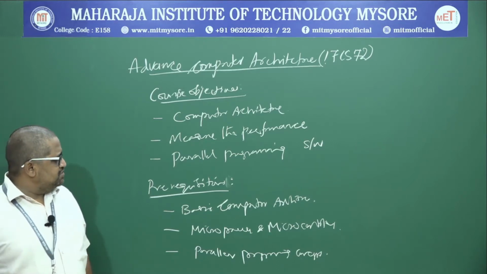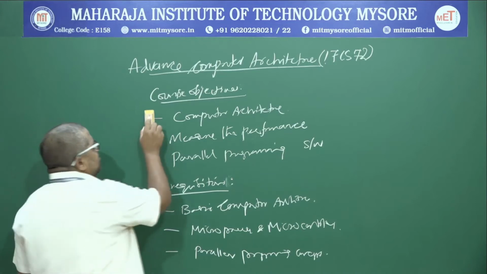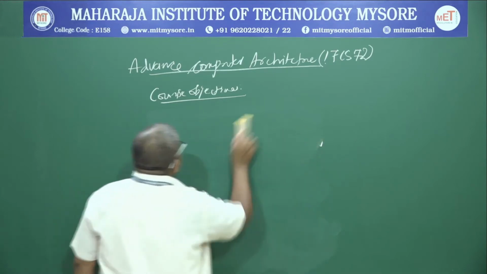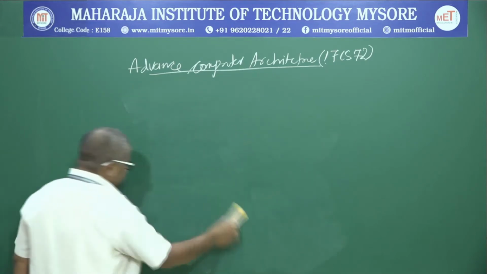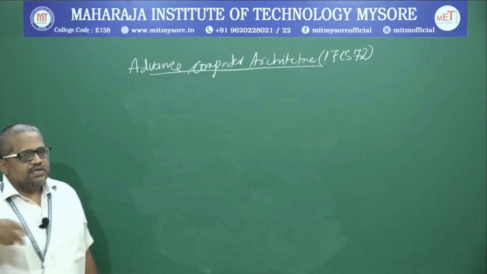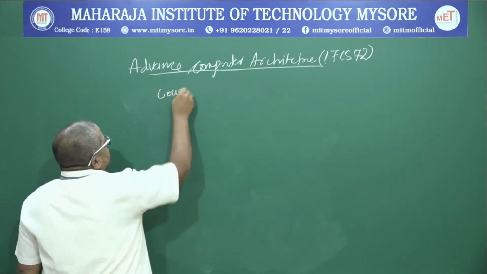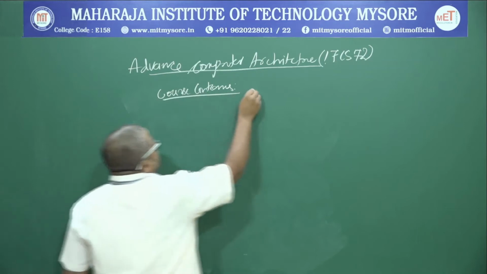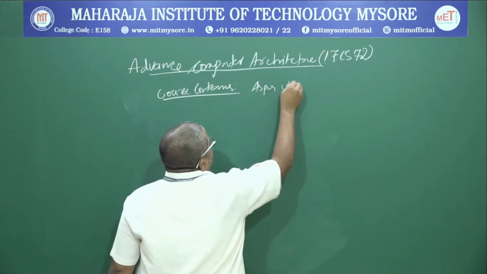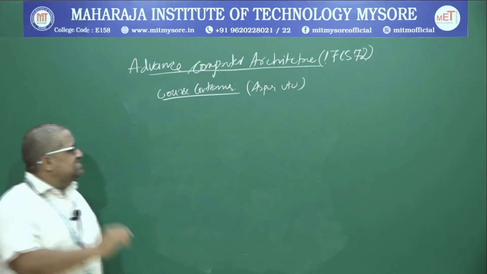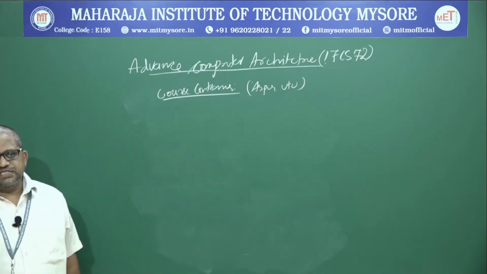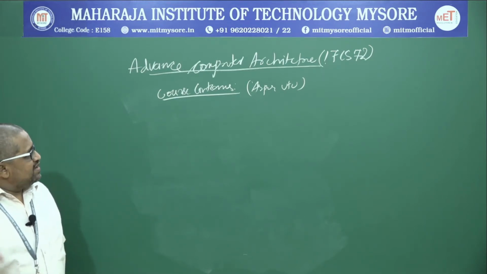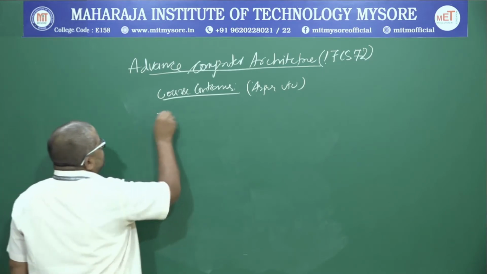So once you are clear with the objectives and the prerequisites, let us go to the outcome of the subject. What is meant by outcome? Outcome is nothing but the thing that a student is guaranteed to learn at the end of a course, right? Course outcomes. Now these course outcomes are defined as per the VTU syllabus. Now the first outcome that VTU says is when a student completes this course, the student shall be able to